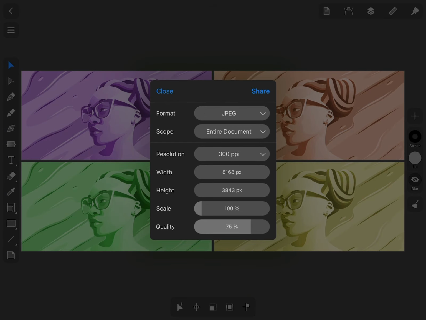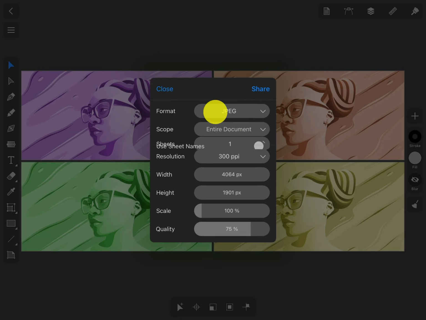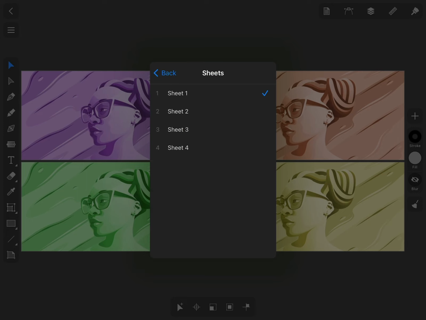Once we're done and want to export created artwork, choose Share, Export in the Program menu, and in the dialog that appears, select the necessary export format and sheets we want to include via the Scope drop-down list. This will allow us to export all available sheets or only the needed ones. Well, that's it for Working with Sheets lesson.